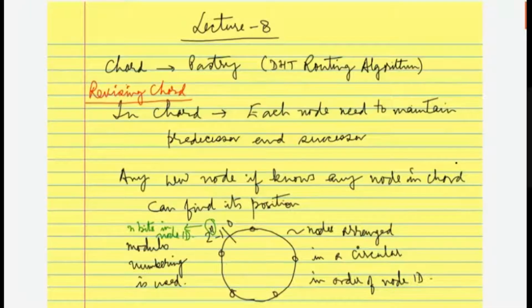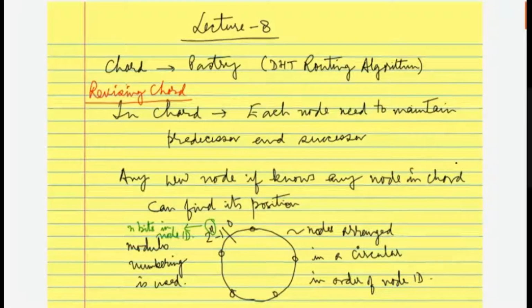In the node ID space we are only looking at closeness. Based on that, every time the query, or the hash ID for the key, moves towards a node which is closer in node ID space, but it is not taking the optimal path. So this was one of the problems, and it needed to be resolved. That's why Pastry actually got invented.